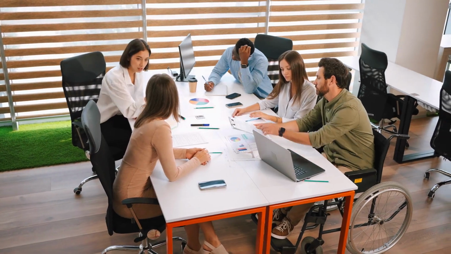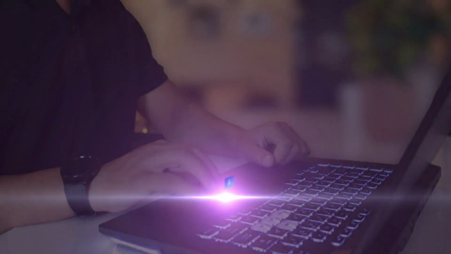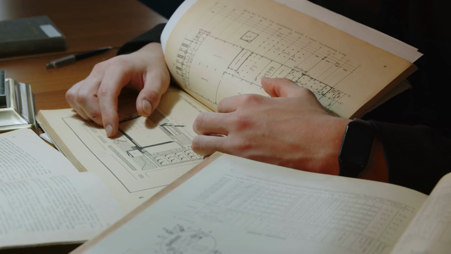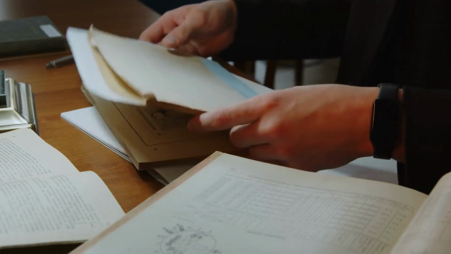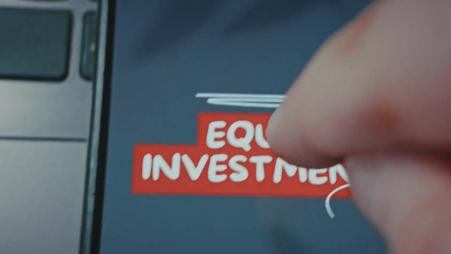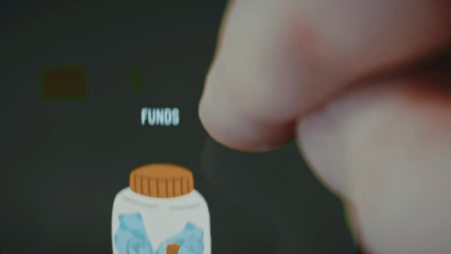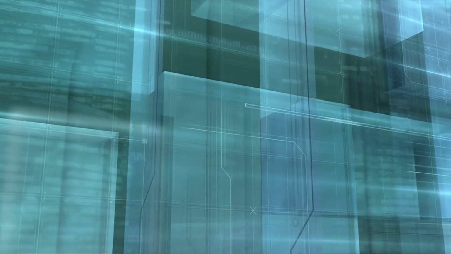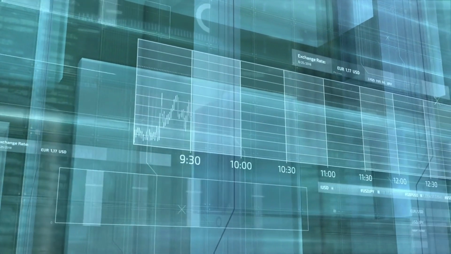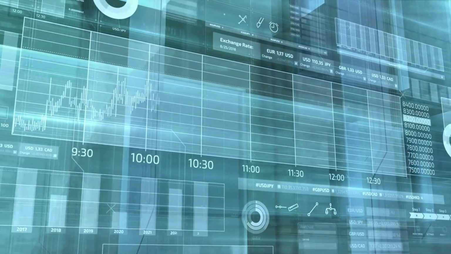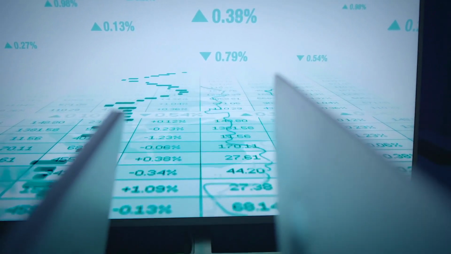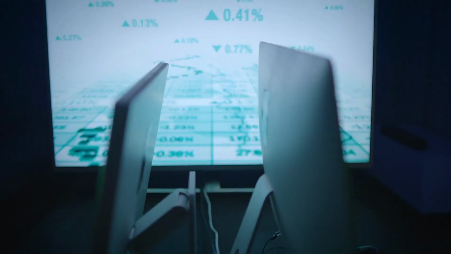Key components of a futures contract. Every futures contract has specific elements that define it. Understanding these parts helps you see how they all work together. Underlying asset. This is the actual item you're agreeing to buy or sell. It could be anything from a barrel of crude oil to 100 shares of a stock index. The value of your futures contract directly ties back to the price of this underlying asset.